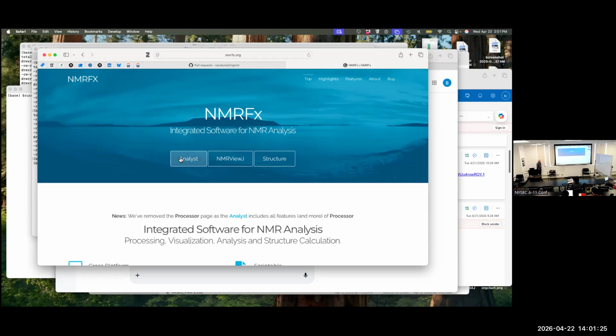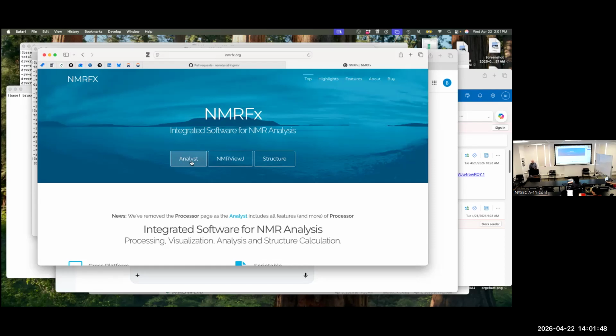It runs on all the major operating systems. It's written in the Java programming language, so it's very portable. So if you're on Mac, if you're on Windows, if you're on Linux, it runs everywhere. Mostly it runs through a GUI, but there are things you can do, like the structure calculations, from the command line, where you give it basically a name of some files to do a structure from, and it'll calculate a structure on